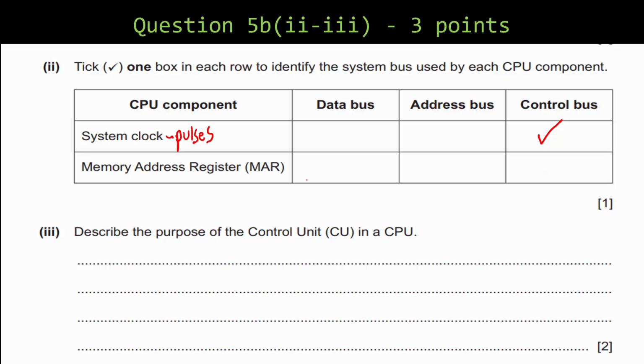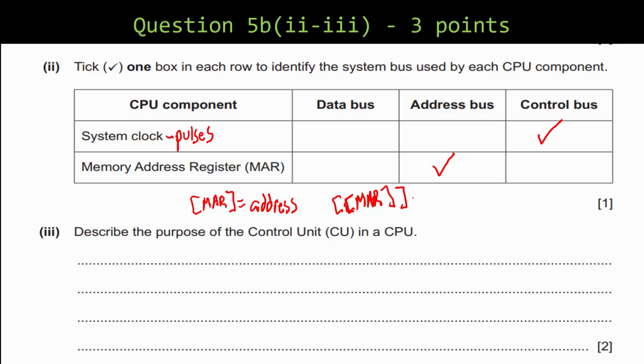The control bus decides what to do with the data, whether we're going to read or write to the RAM. The memory address register. The memory address register works with the address bus. Now, when you're looking at the memory address register, if you're doing register transfer notation, you'll see this. Register transfer notation doesn't appear on this exam, but if it appears on another one, you need to know the difference between these. This means the address. This means whatever is inside the memory address register is the address. If you see double brackets, and that's a bracket, not a parentheses,